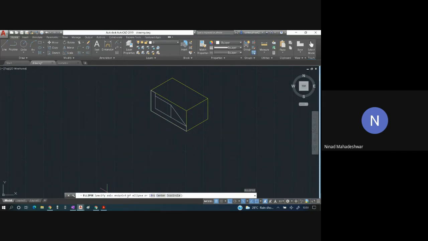At the bottom, it says specify the axis of the ellipse, arc, center, or isocircle. You will select isocircle. Then it will ask you to specify the center of the isocircle. The center is exactly in between over here. So I have selected the center, and now you can see it is drawing this isocircle.